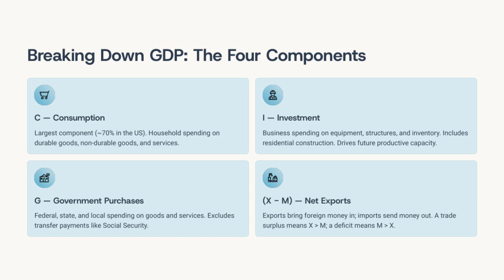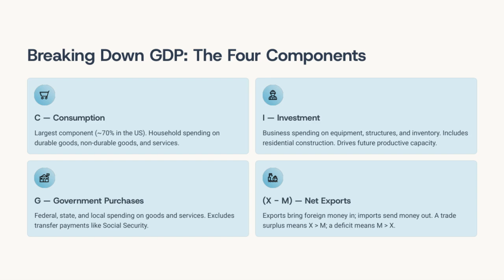Moving on, we have government spending, which includes all federal, state, and local spending on goods and services. It's important to note that transfer payments like Social Security aren't included here. They're just transfers, not purchases of goods or services. Next, business investment, labeled as I, involves spending on equipment, structures, and inventory. This also includes residential construction. These investments are vital because they help drive the country's future productive capacity, meaning they set the stage for economic